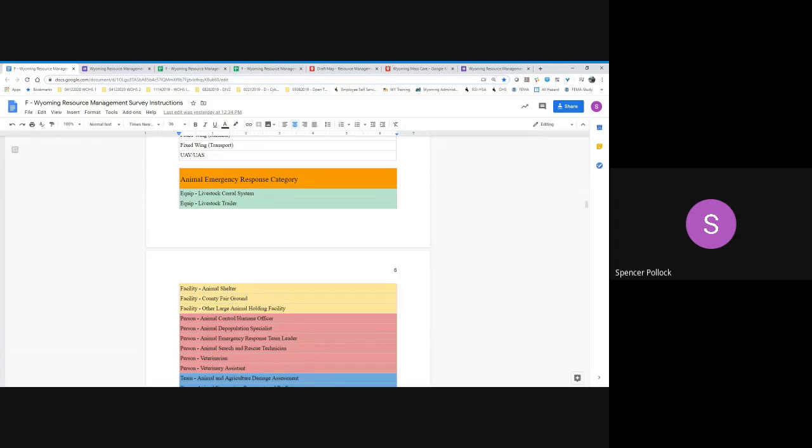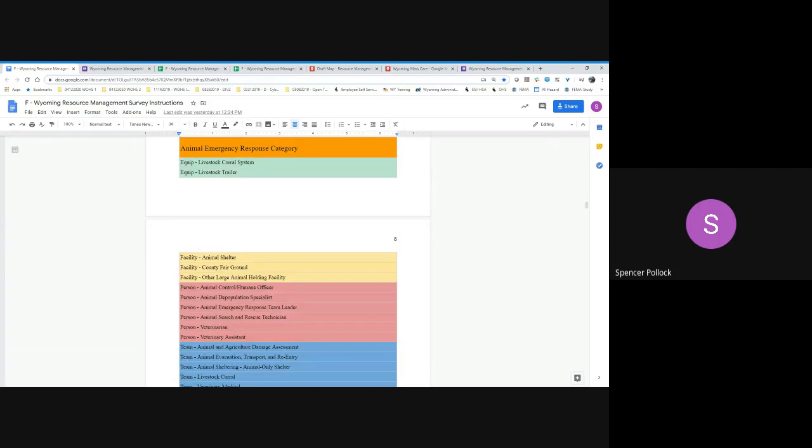Effectively, when you look at these, you can see the orange bars are the category, and that's sort of the bucket, if you picture it, a thematic bucket, and within each bucket are a series of things: equipment, facilities, personnel, and teams. There's also a few buckets that have some supplies in them. Effectively, we're looking to capture things like equipment. You can see here's a few examples, or potentially facilities that may be useful in response, as well as personnel